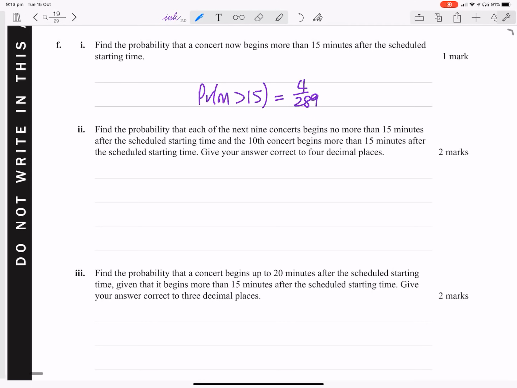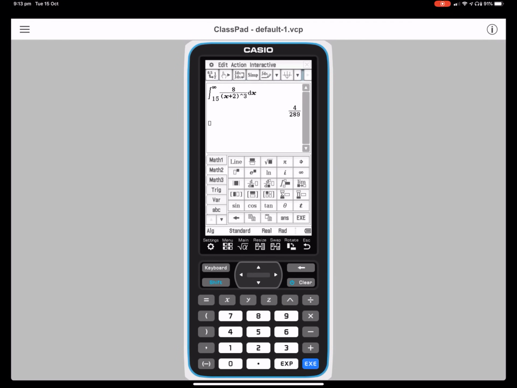Okay, 9 concerts begin before, so that's going to be 285 on 289, i.e. 1 minus that, to the power of 9, times 4 on 289, which is